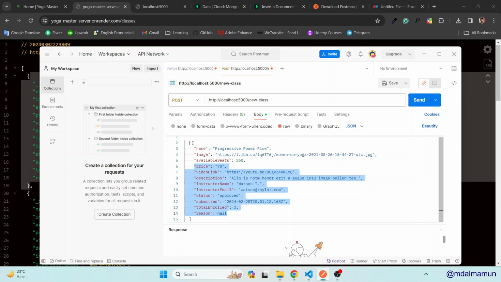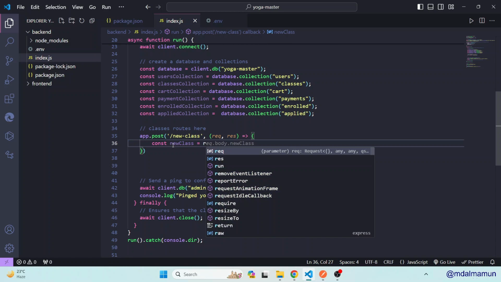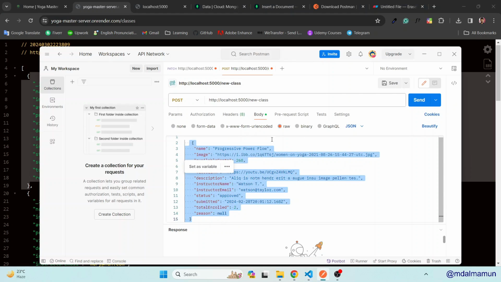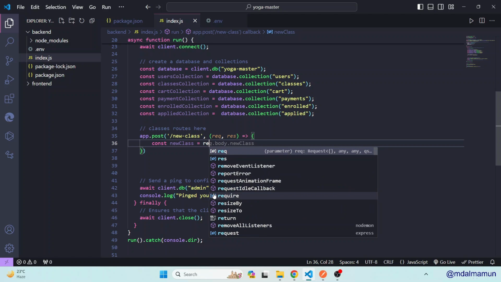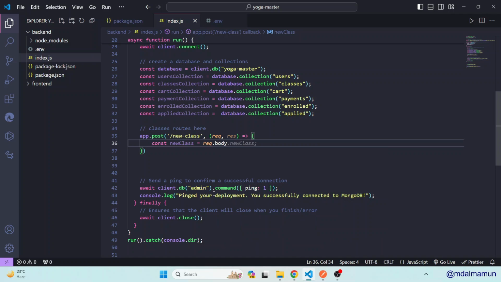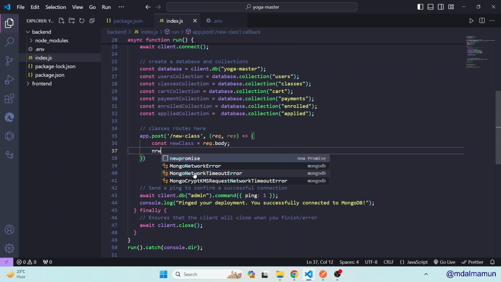Okay, if you have this information and hit send, it will store it from the body. So at the beginning we'll define const newClass equals req. We're sending data in the body, in JSON format. So we'll define req.body. We're sending data by body, so it will be req.body, and then we'll call another one. So that would be newClass